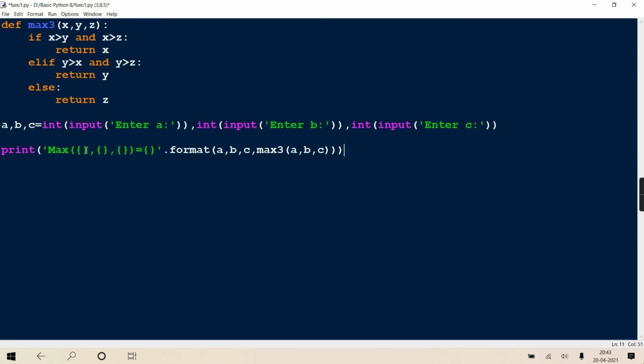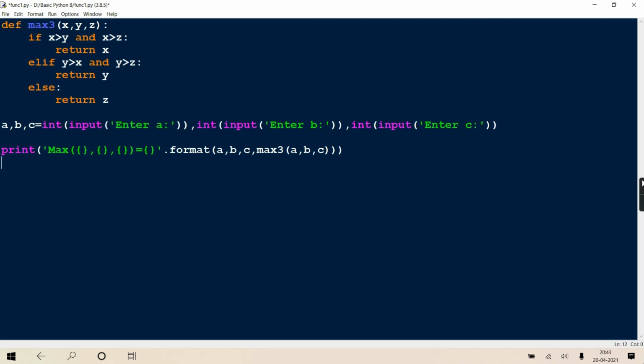So a will be substituted at the first brace bracket, b at the second, c at the third, and whatever answer max3 of a, b, c returns. a, b, c are the actuals and x, y, z are the formals. Value a gets copied in x, b in y, c in z, then calculation, answer, return, and that is substituted here. Different ways are there, up to you how you write it.